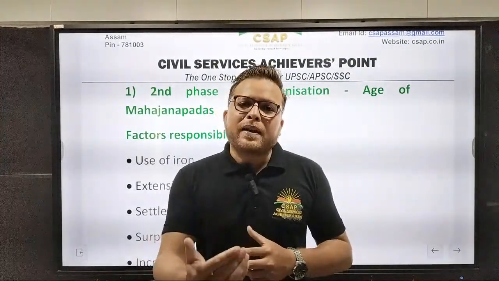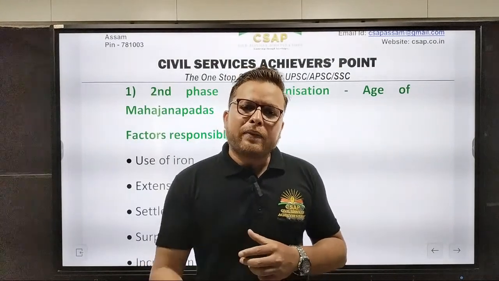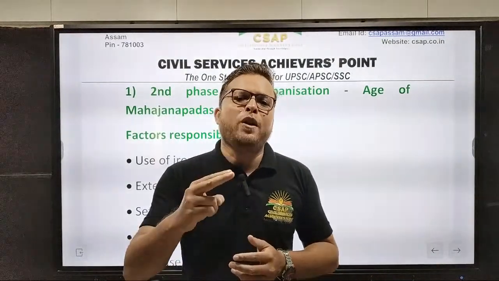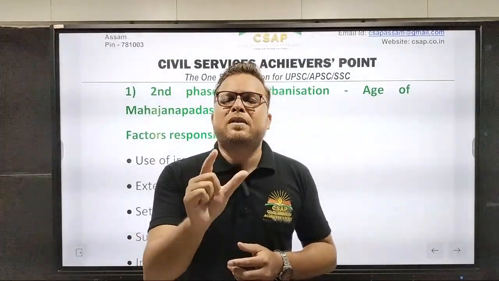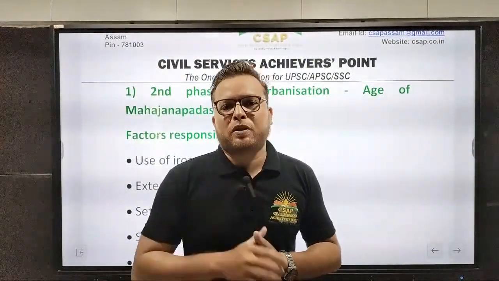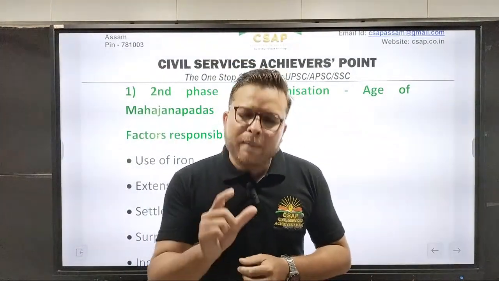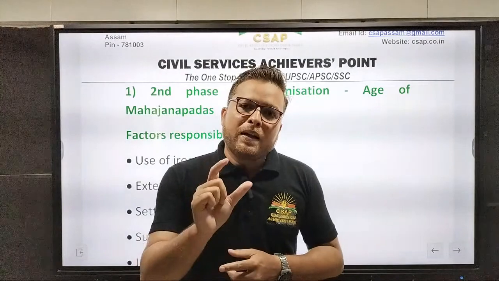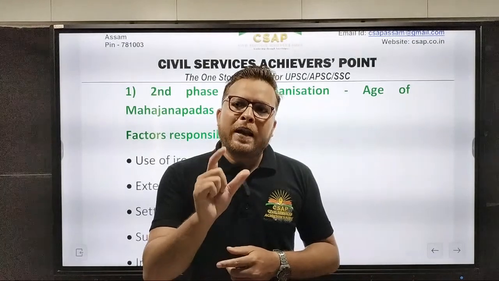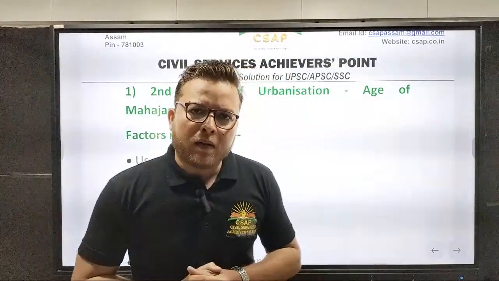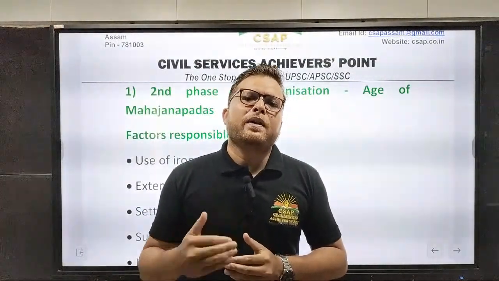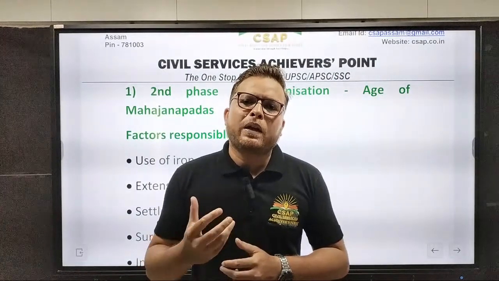So now the people who have started cultivating rice, it led to what? Agricultural surplus. And we all know agricultural surplus is one of the most important prerequisites for the development of an urban culture. One of the most important prerequisites is what? Agricultural surplus for the development of an urban culture. Did you get it? See, these were the prerequisites that I was talking about.